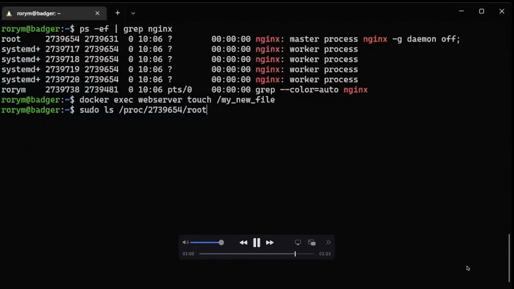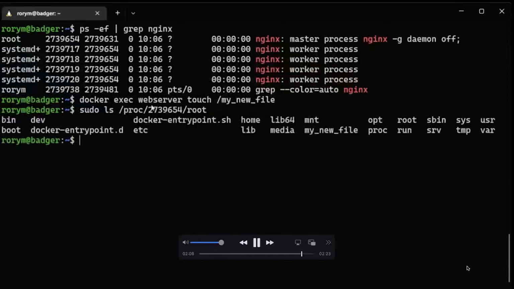Usually when you're doing it with ordinary processes, you'll see the ordinary root file system. But because we're using namespaces, which is how Docker isolates resources, we should see something different. And what you'll see is the root of the Nginx image, apart from this here, which is the file that we just created. So as you can see, from a host's perspective, Docker containers are literally just processes.